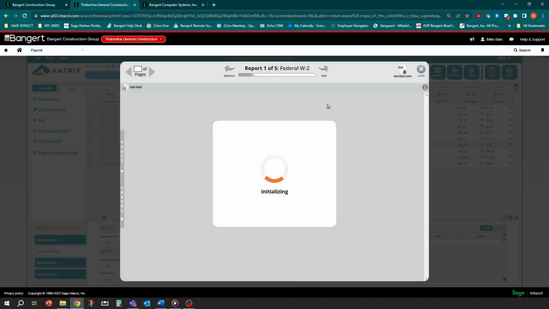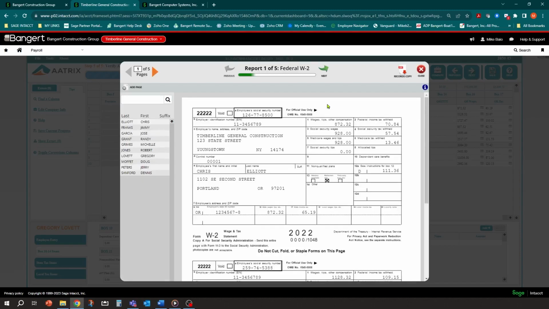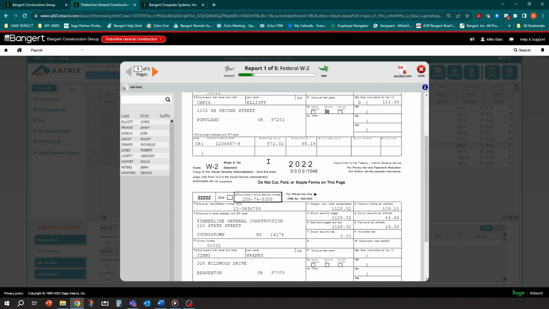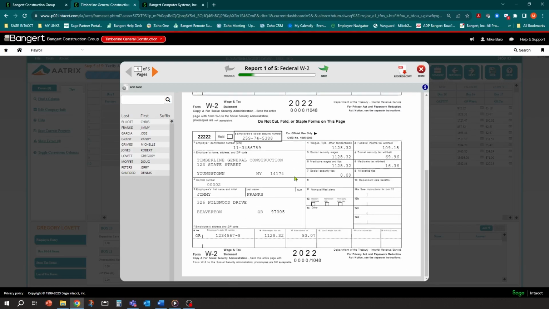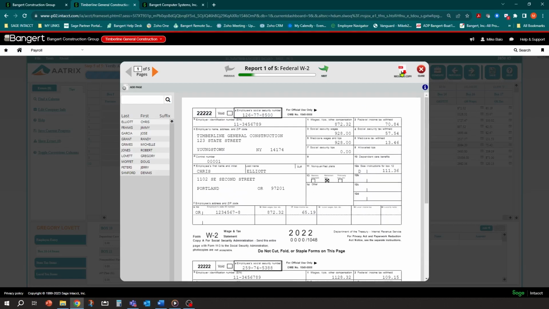And this is the screen I wanted to get you to. And now basically you have your different copies of your W-2. So you have your federal W-2. Okay, you can click a copy here when you're ready for the next one. So if I hit record copies, it'll generate a PDF file, and you can just do that as well. So that's usually what I do. And then when that looks good, I'm going to go next.